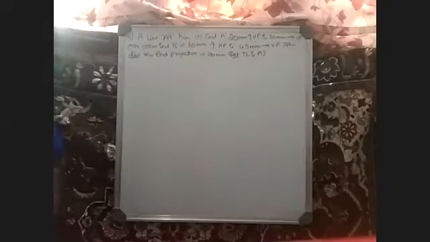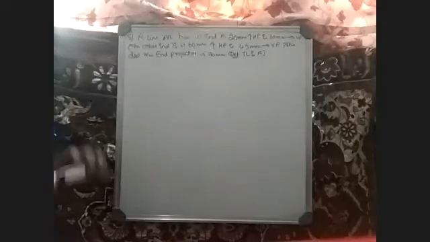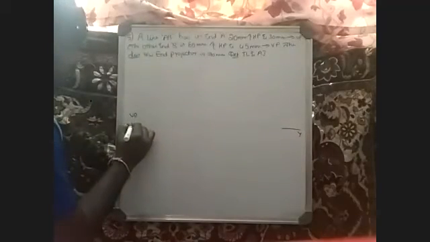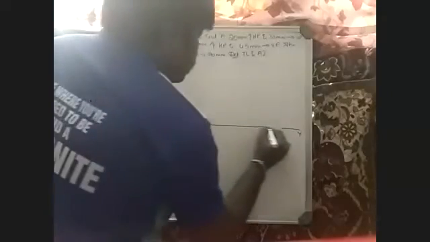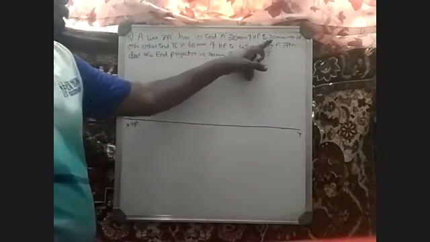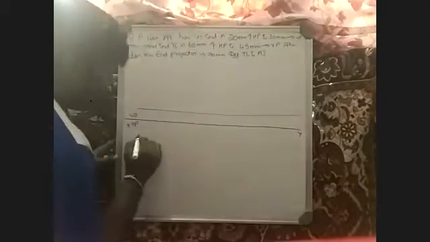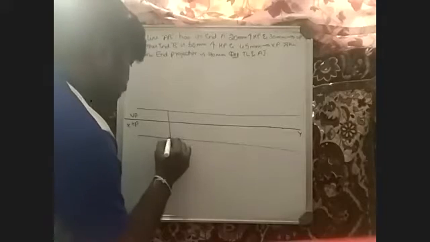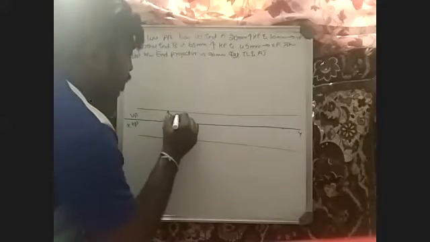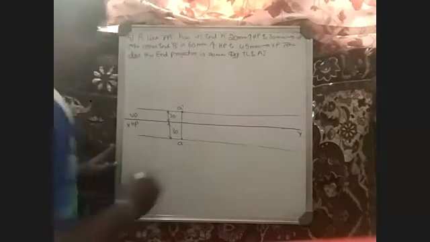I'll change the pen. First, draw a line. This is XY, VP, HP. Right. So it says a line AB has its end A 20 mm above HP and 30 mm in front of VP. 20 mm above HP you draw one line, 30 mm in front of VP you draw one line, and show the dimension. 20 mm above HP, 30 mm in front of VP. Here you have a point A. So this above is A dash, this is point A.